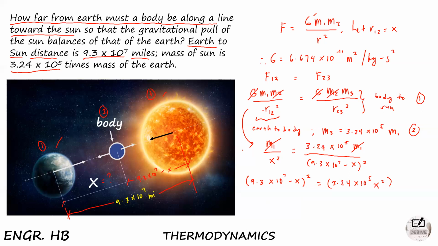So that was 9.3 times 10 raised to 7 minus x, parenthesis squared, is equal to 3.24 times 10 raised to 5 x squared. So asahan natin na miles yung magiging sagot, kasi miles yung 3.24 times 10 raised to 5 natin dito. So shift solve. So the answer is x is equal to